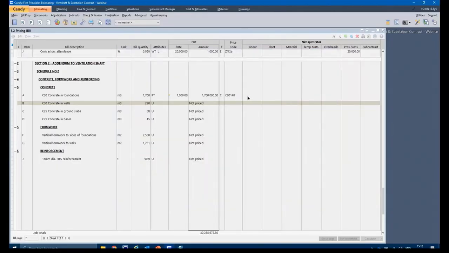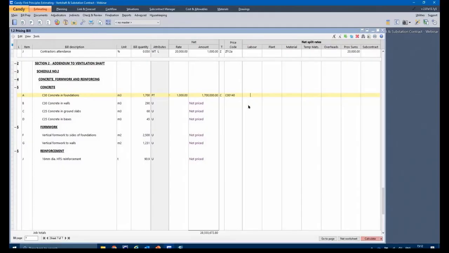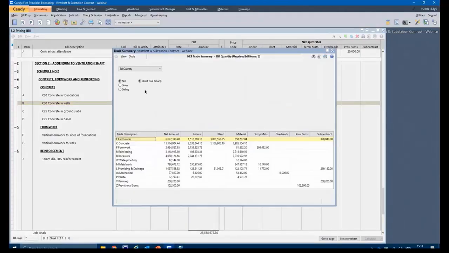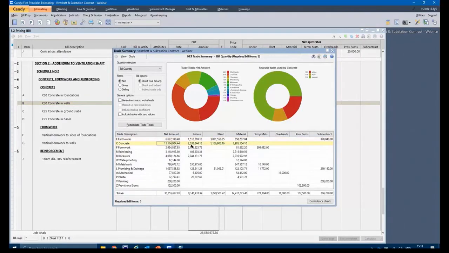A little bit better is split rate pricing. So you could specify in the split rate columns how much money you want to allocate, let's say to labor. Let's say 200 per cube, and then material 800 per cube. So at least I can get 1,000 per cube, but when I run a trade totals, I can see the value of 1.7 million, and I can see that value split into the split rates.